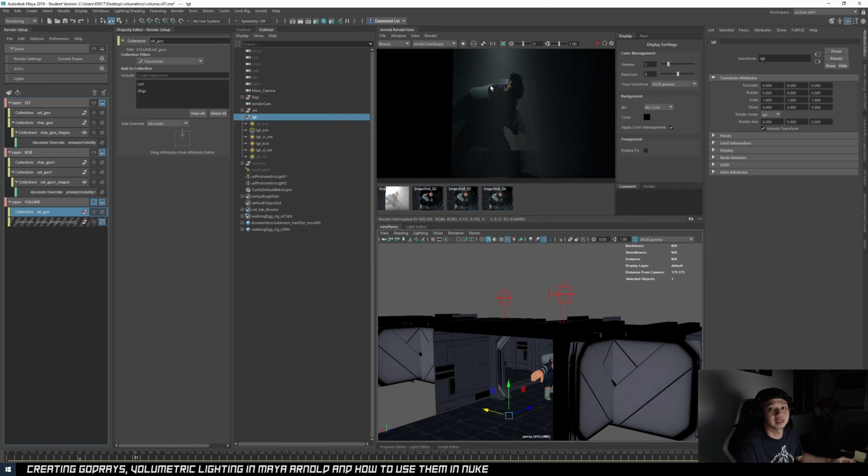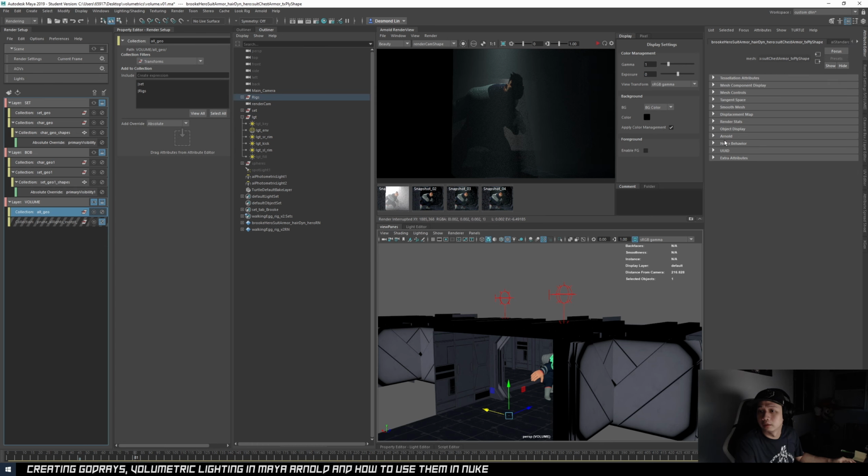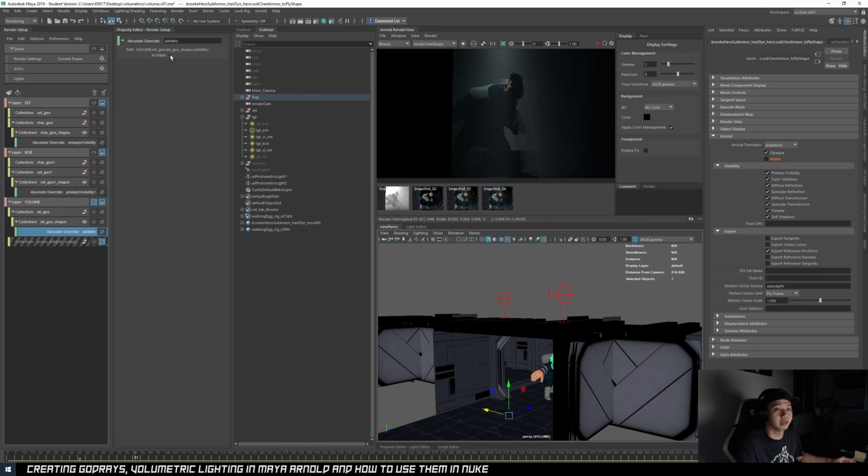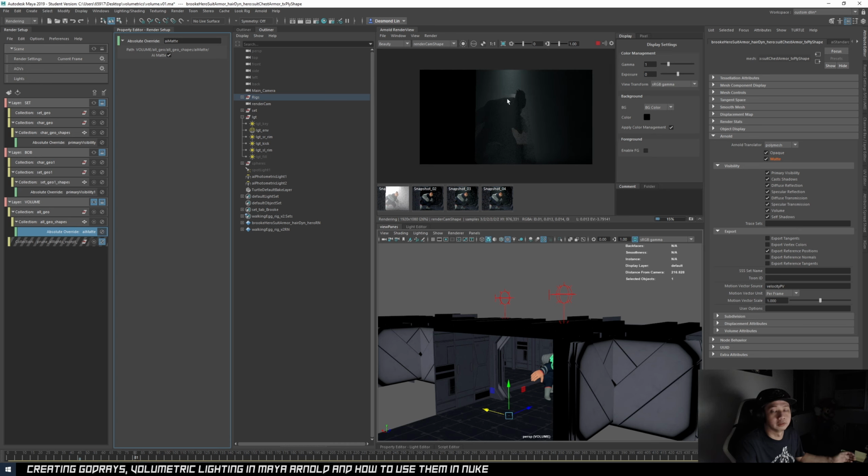We don't need to plus the contribution on top as well. So we'll select this collection, go to your Arnold matte, right click, create absolute override, and go to the AI matte and make sure you check it. So now if I were to render, they will be held out like that. So in Nuke, I will just plus this on top of my renders.